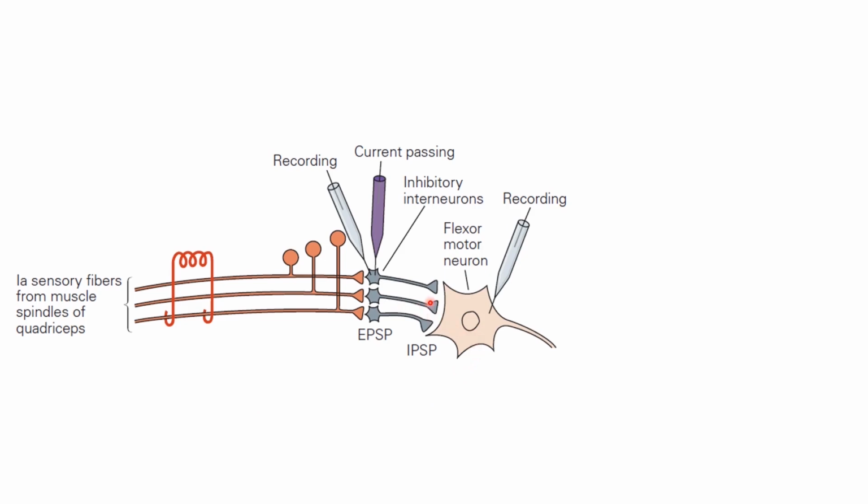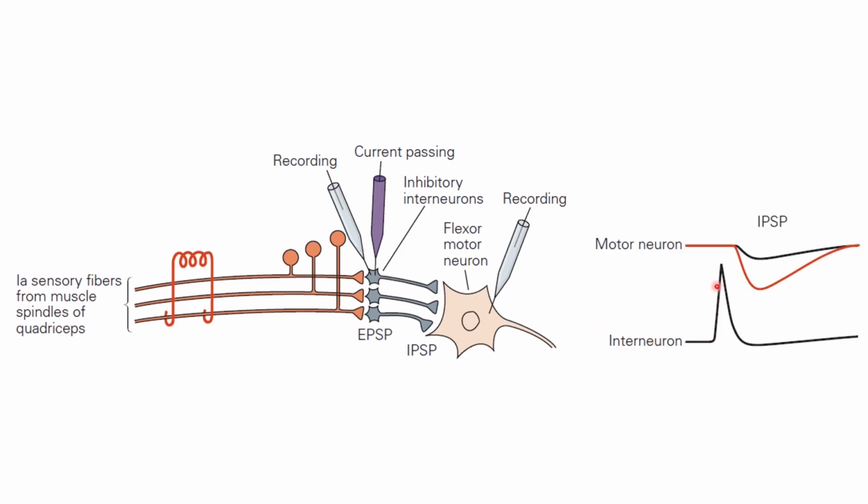We can do a similar kind of experiment here as well. So if we inject current in one of these inhibitory interneurons, what effect do we expect to see on the motor neuron? Well, since this synapse is inhibitory from the interneuron to the motor neuron, we should see a reduction in the membrane potential of the motor neuron if an action potential is generated in the interneuron. And that is what we see. So if you have an action potential in the interneuron, you see a small inhibitory postsynaptic potential in the corresponding